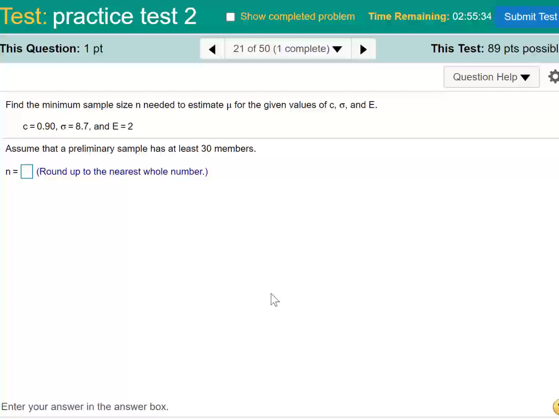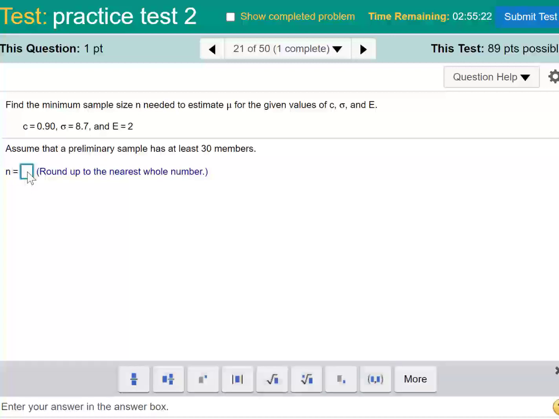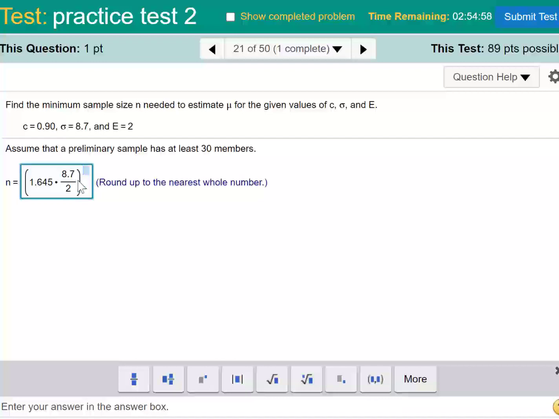Find the minimum sample size needed to estimate the mean for the given values. So there is a formula for n. I'm just gonna type it in here. Okay, so n equals ZC for 90% is 1.645. And then you multiply by sigma, which is 8.7. And then you divide by the margin of error, which is 2. And then you square the results. That's the formula. So if you just do the math,